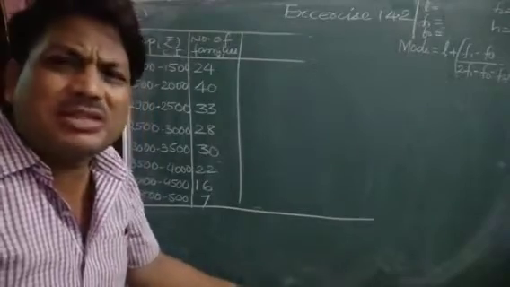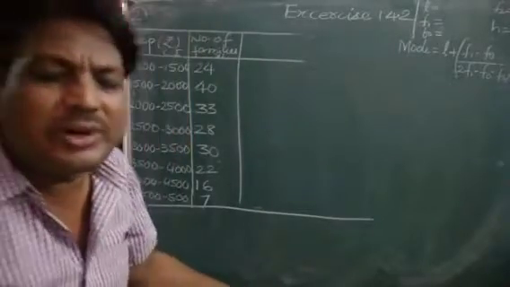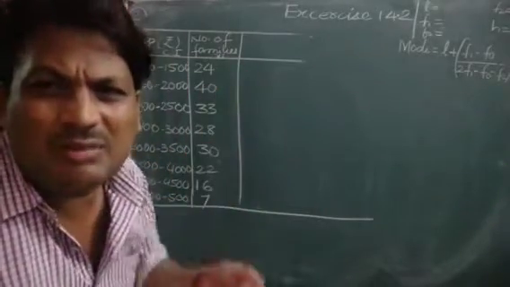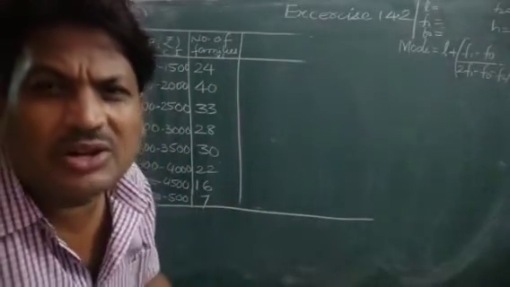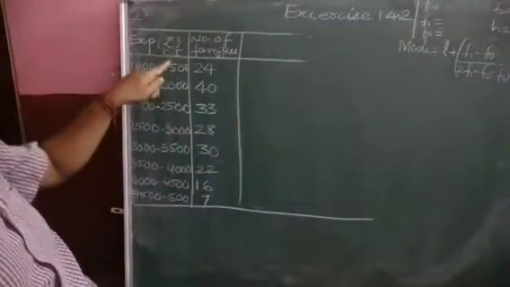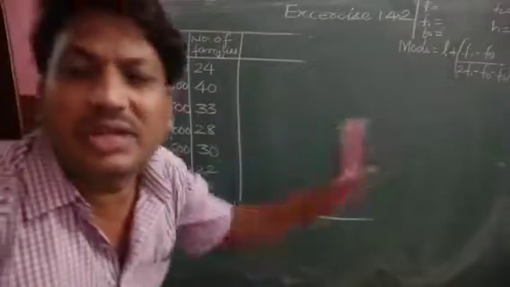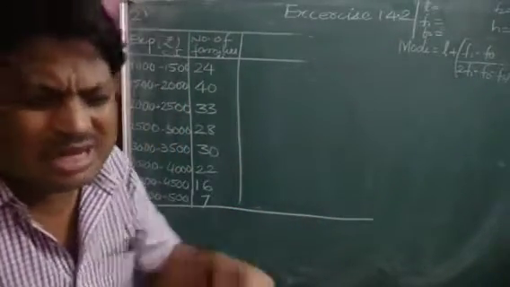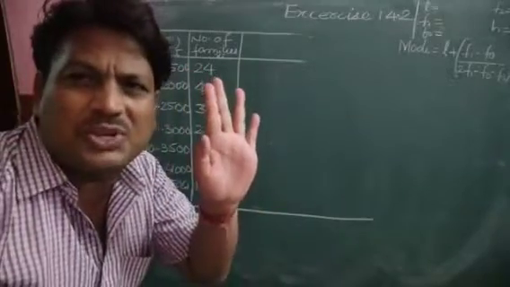Children, here the statement is not that much important. Important is what is given and what is the class interval. Whether it is family income or expenditure is not required. Only at last we need the unit. For the unit you have to see what is given here, rupees. So you have to write the unit rupees. If you are not writing, you will lose half marks, children. Be careful. The remaining statement is not important in this type of questions.